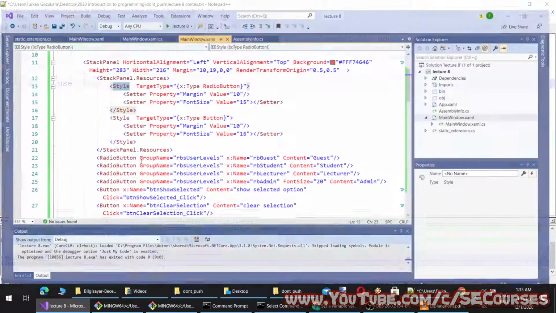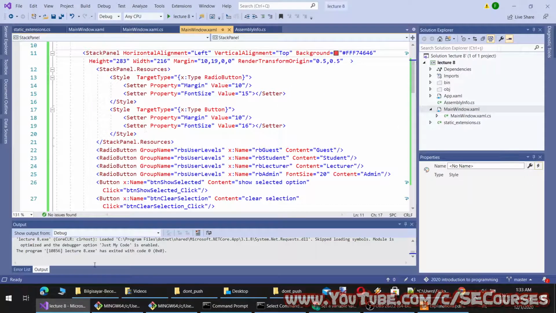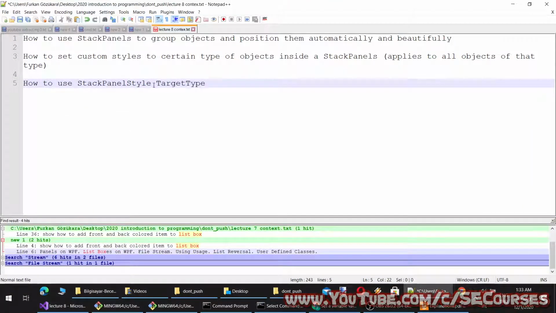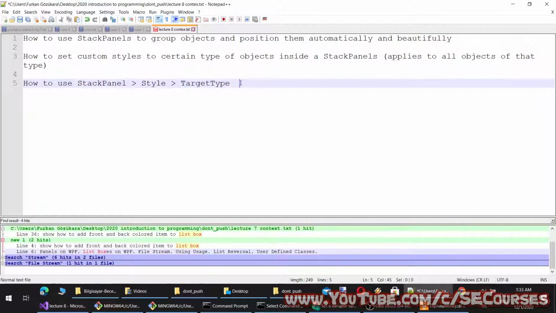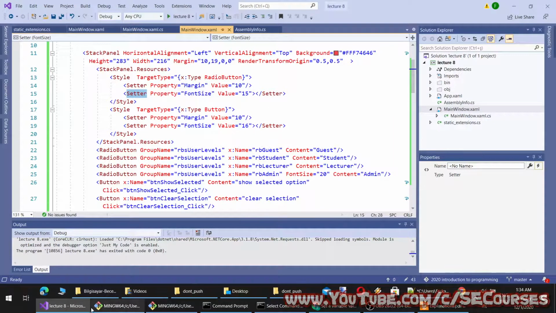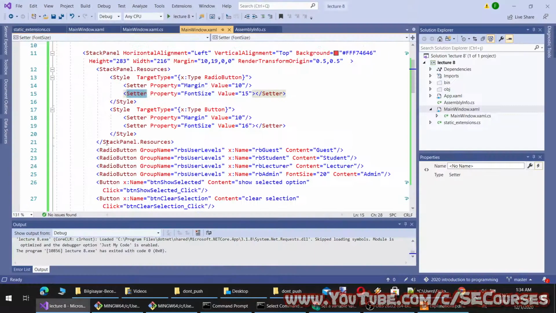Style, target type. Okay, and there is setter and property.